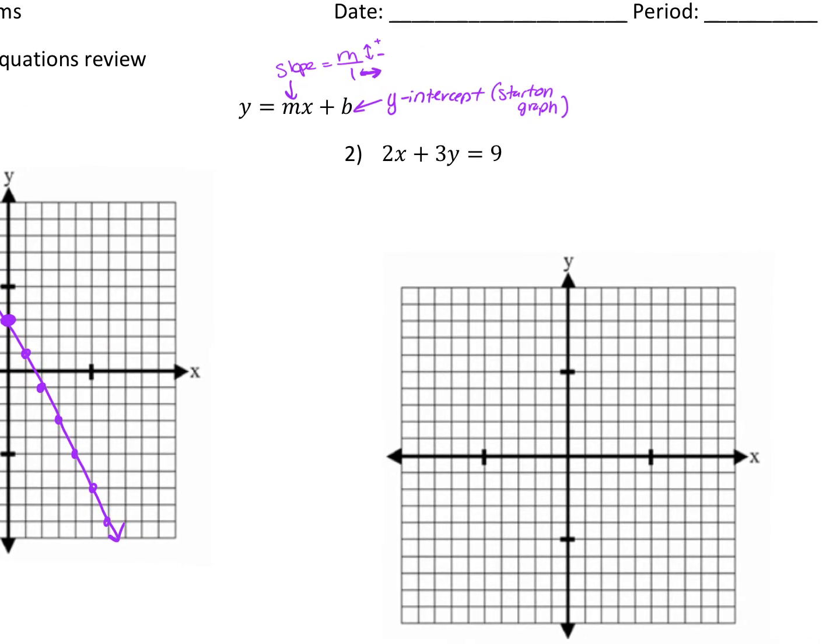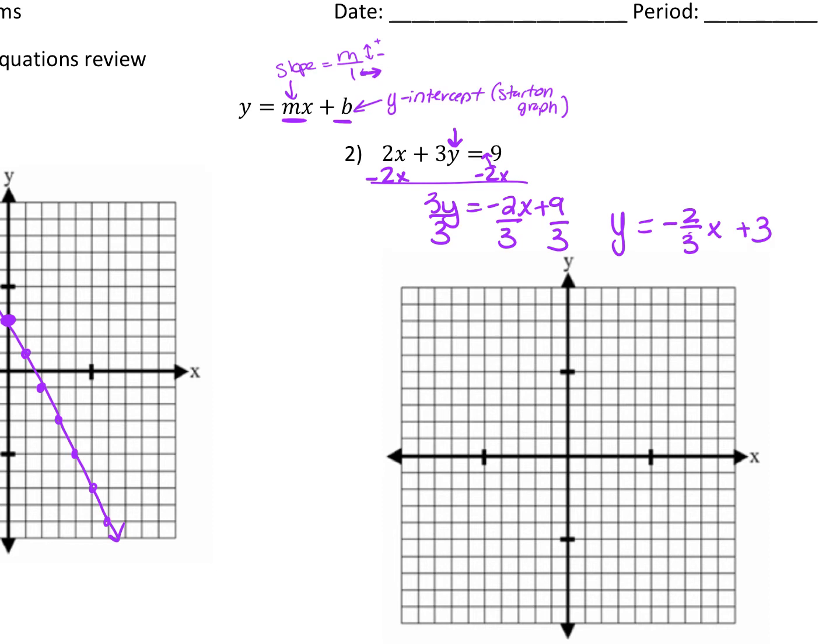Now in number 2, we're given an equation that's not in graphing form. So my first step is I need to solve for y. To solve for y, the first thing I'm going to do is subtract 2x. I'm going to put the negative 2x in front of the 9 because I want it to be y equals mx plus b, so I want the x to be first. Divide by 3, divide by 3. Y is going to equal negative, well, 2 doesn't divide 3, so negative 2/3 x. That should be a 3